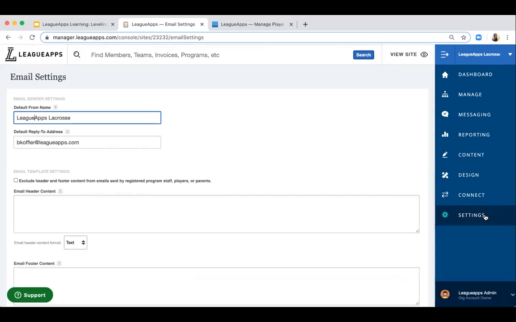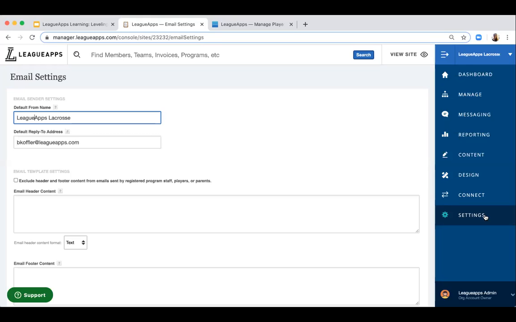The next area that we're going to go into is automated emails. So the system sends many automated emails, from payment reminders, calendar reminders. If someone's payment fails, it will send a note. Every time someone registers, it will send a registration confirmation. So we are going to show how to customize some of those automated messages so that it can reflect your organization's voice, and you can also point out any important pieces of information that you may want your participants to have as they interact with your technology and your organization.